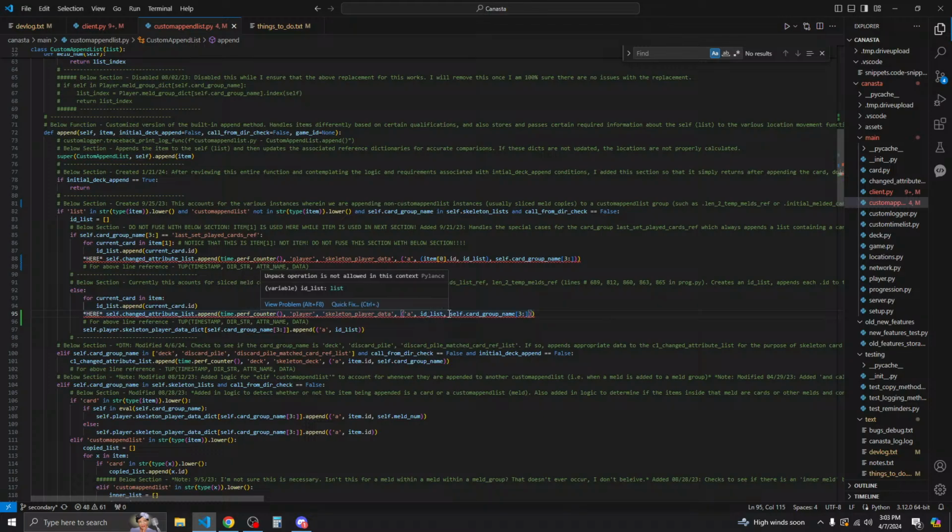And then tup 2 is going to be the card group name.